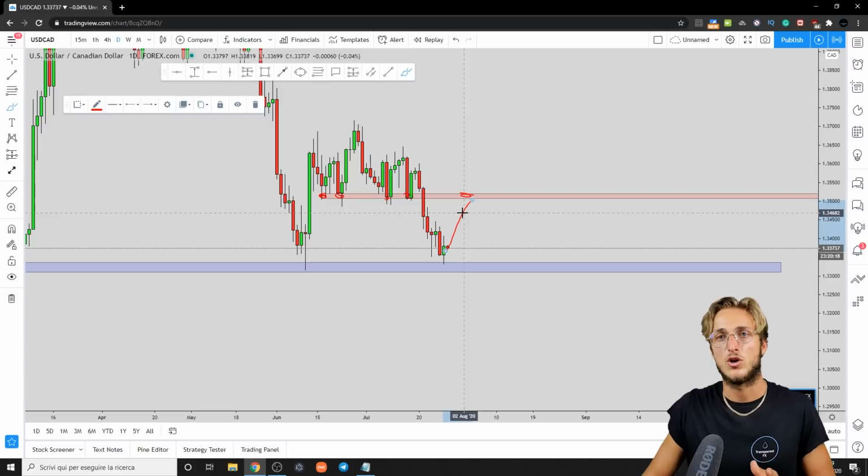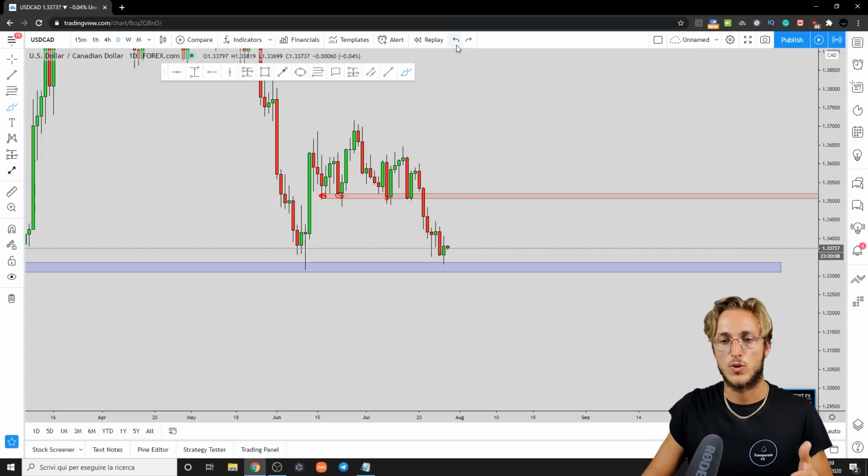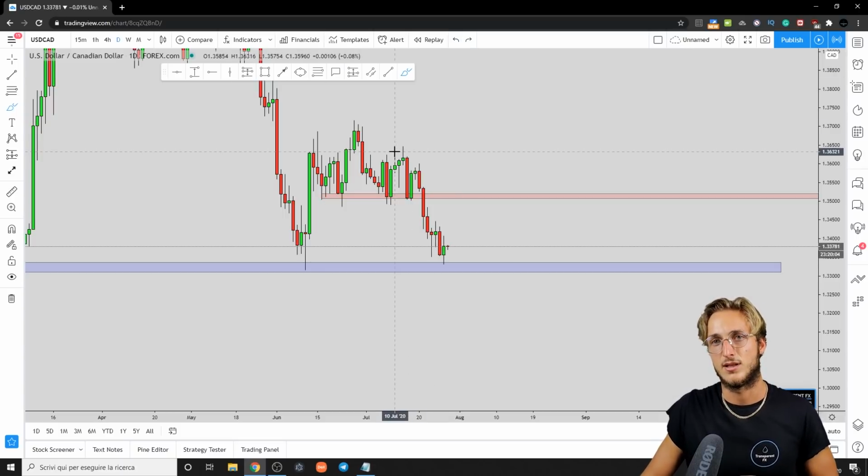So we want to see also on the daily the market to go and grab the liquidity that is at this level, because it is also the completion zone of the information that we have on the weekly. Now, if we are to identify the structure here on the daily, we can also see another level that we